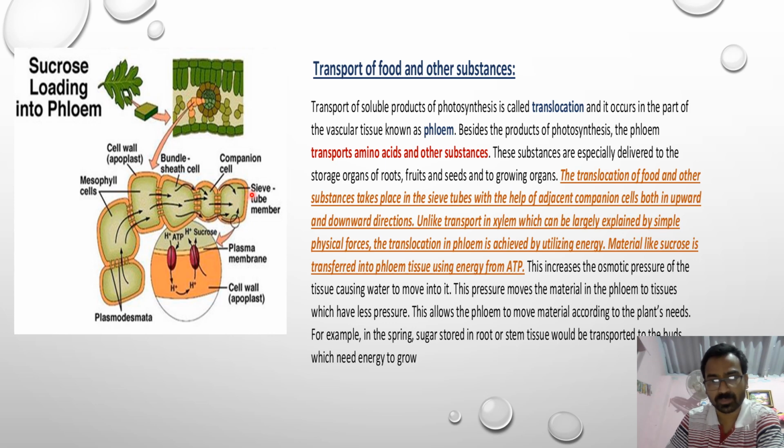So what happens for the transportation of food? Photosynthesis takes place in the palisade area, but what is the result of the photosynthesis? Starch is the result, the main product. But translocation of starch never takes place. Instead of starch, the plant transports sugar. So first of all, the starch molecules are transformed by means of some enzymes. They are converted into sugar molecules.